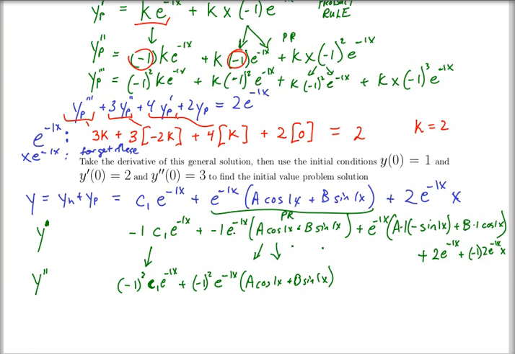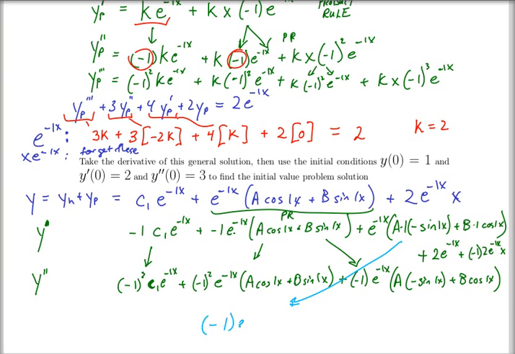The second term is going to be minus 1 e to the minus 1x times a negative sine 1x plus b cosine 1x. And there's going to be a second one of those from here. That's going to be another minus 1 times e to the minus 1x times a negative sine 1x